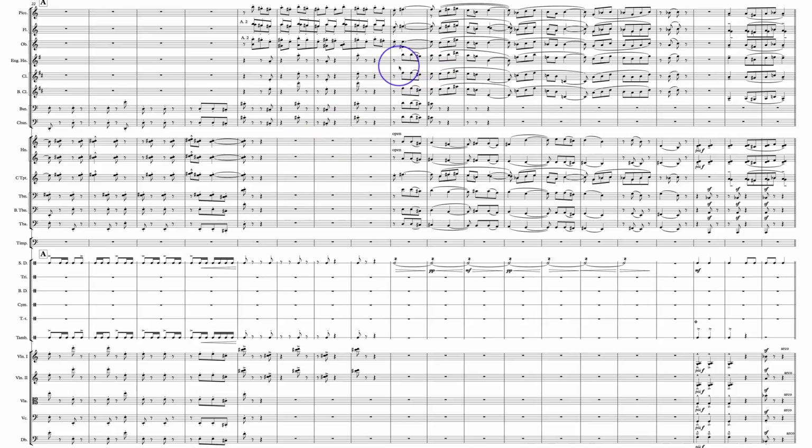Now here we get into some more intricate kinds of scoring with winds plus brass, and you've got like a buzz roll here. Now, if this was originally intended to be just a regular roll, but you didn't like the sound of the regular 3 beams indicating a roll, if you didn't like the sound of the playback in Note Performer, then you're not alone. A lot of people feel that it's a bit